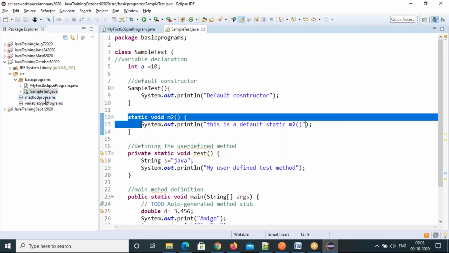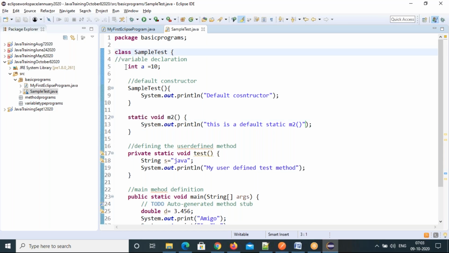Method programs I cannot access. Variable programs I cannot access because of default. Because of default, you don't have a permission for them to use outside the package. That's what the default or a package means. Why have they given the package keyword? Because it is restricted to per package. The accessibility scope of this default or package access modifier is per package only. In that package only you can access in any class, but not outside the package.